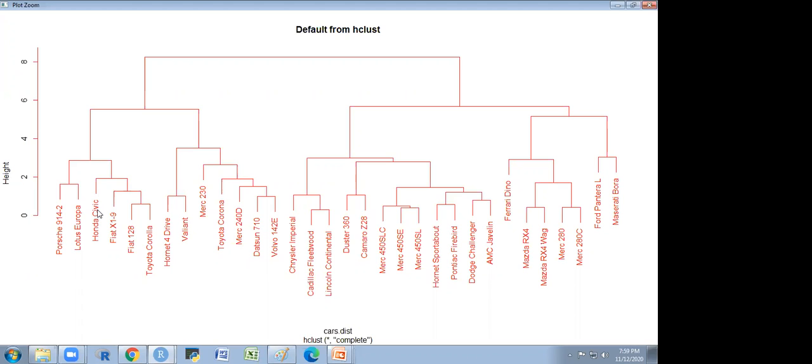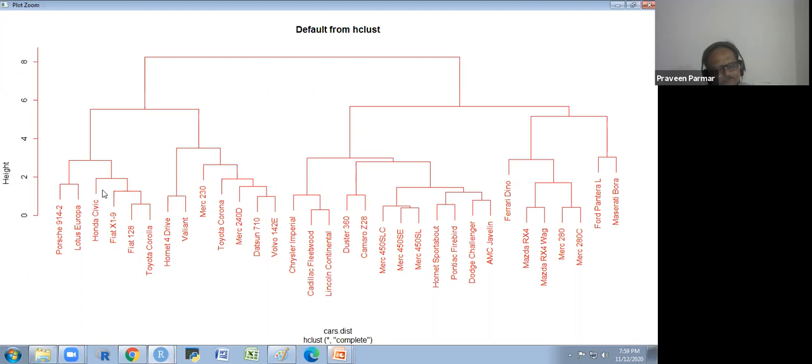I mean, sir, in this case, if you want more accuracy, then the number of clusters should get increased. That is not the purpose of clustering.